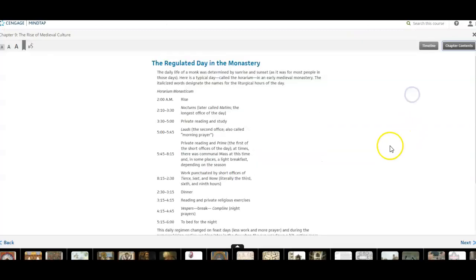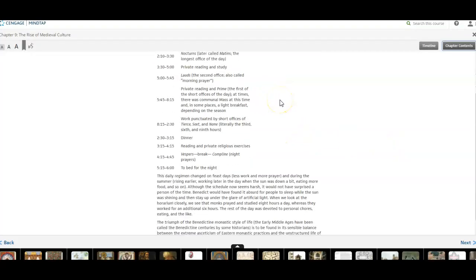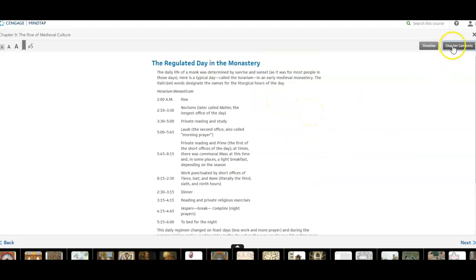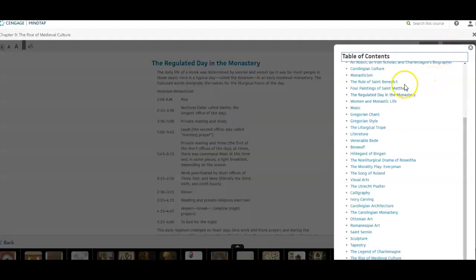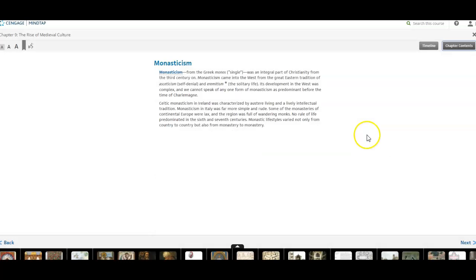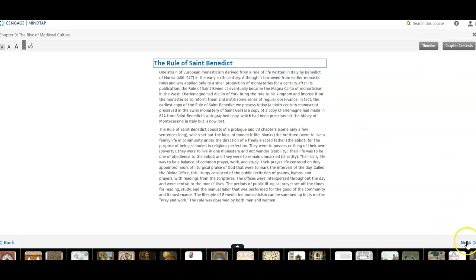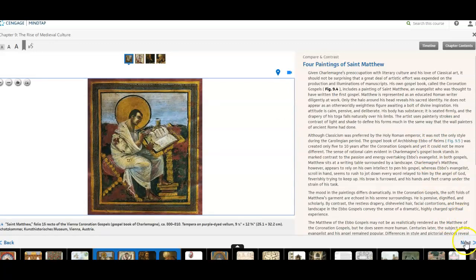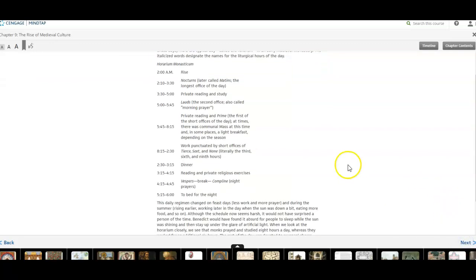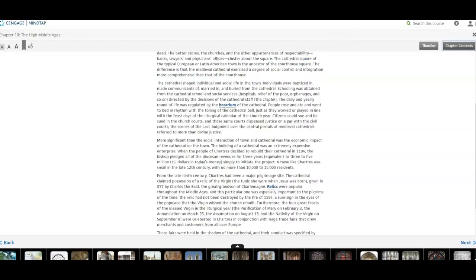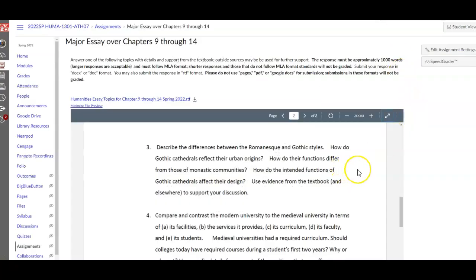and it talks about the regulated day of the monastery, you can see the details here, what it would be like in that way. And then the idea about the monasticism, what that was part of it, and how it was set up. Again, this is in chapter 9. And St. Benedict and his rule, his edicts, of what it should be like. Here's the day of what a monk would have been like. But when you look at this particular part about the Gothic cathedral and what its purpose was and how it differs, you can use those two details from chapter 9